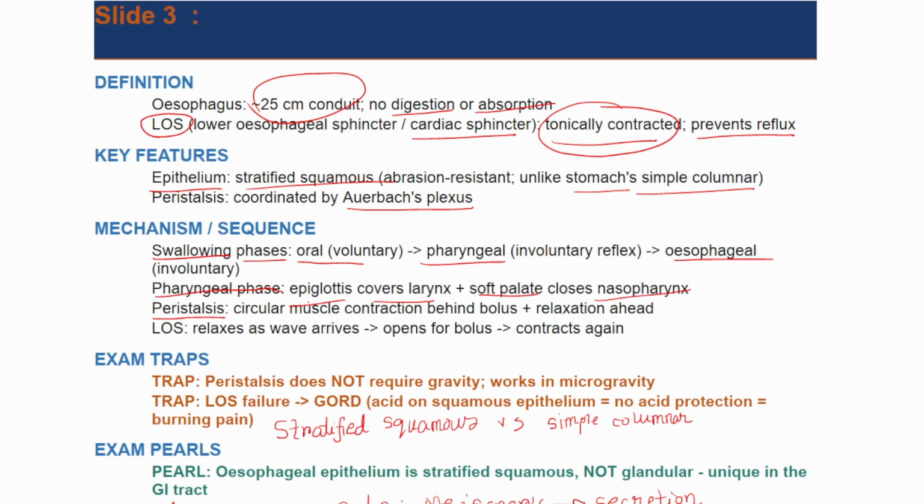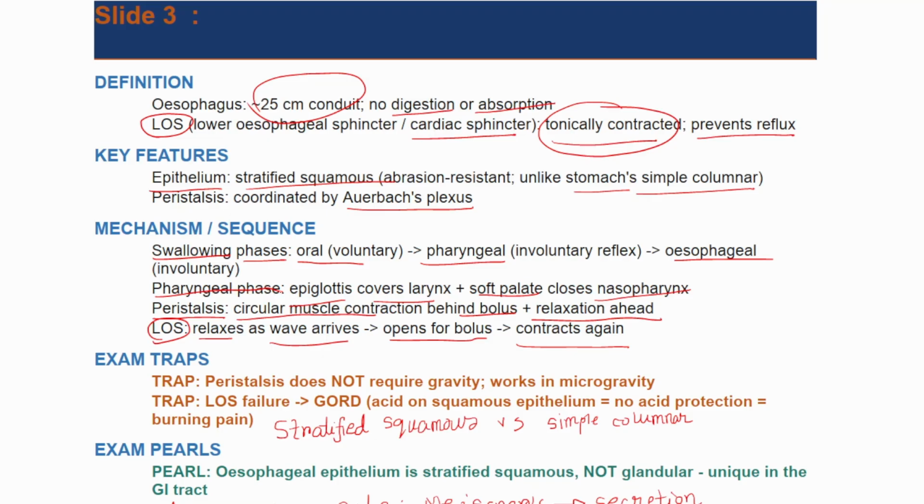This functional sequence requires a coordinated circular muscle contraction behind the bolus paired with simultaneously relaxing action ahead of it. And the lower esophageal sphincter responds dynamically by relaxing as the peristaltic valve arrives, opening to permit bolus entry and immediately contracting again. Now let me present the high-yield exam traps, and if they are learned right, they will protect